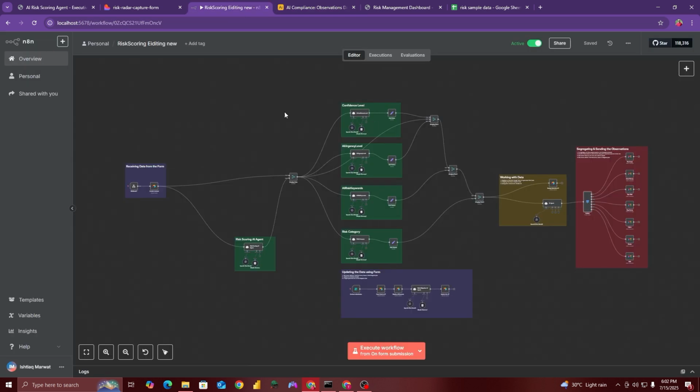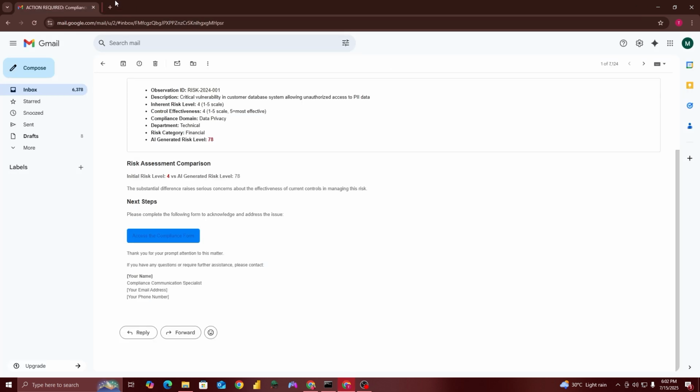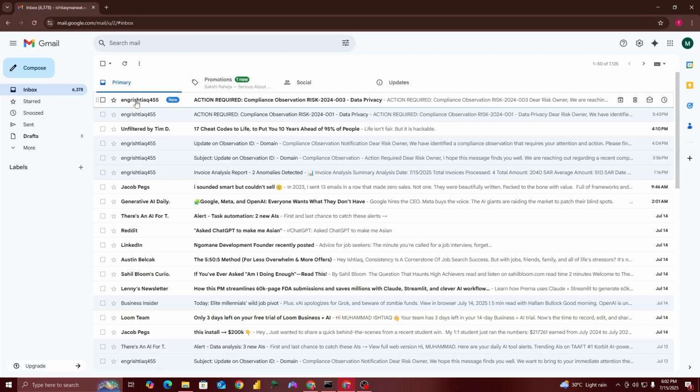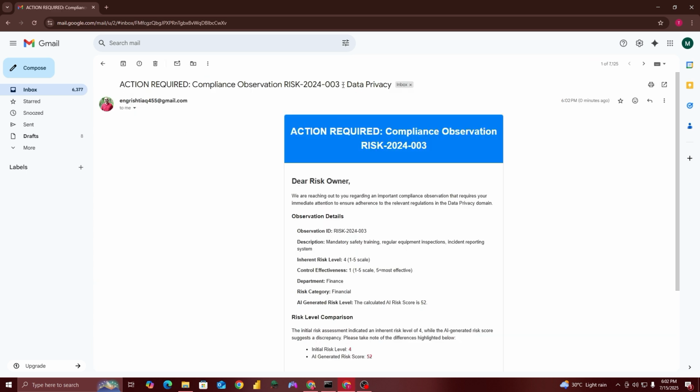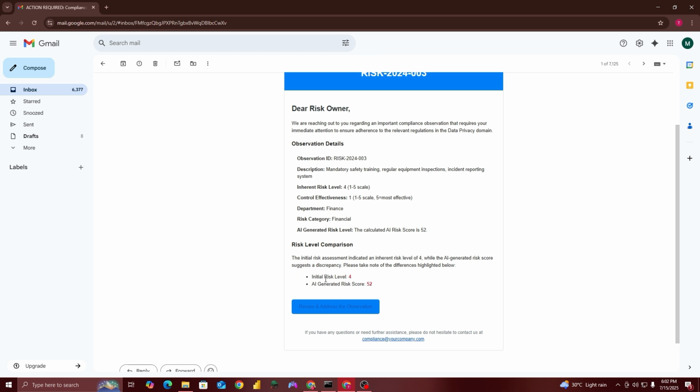And then we will get an email. Just look at this one, we will get an email here. Here I have received an email about the observation. I have received all of these details, and the AI generated risk score is the initial, inherent risk level, which is this one.